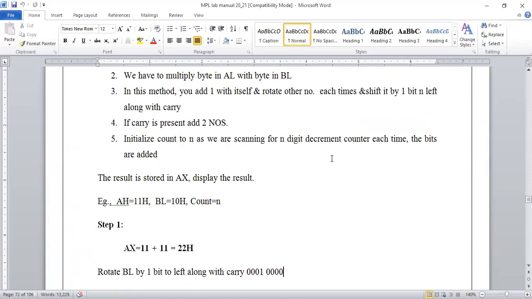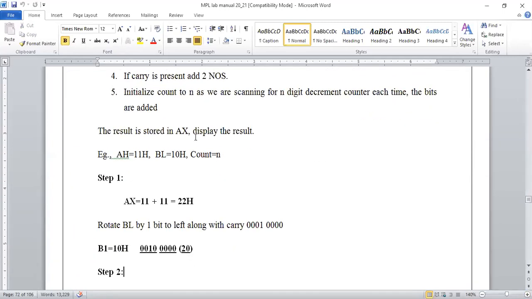So the input that you are going to get is with the help of two registers, and one is with the count. So count, what will it be required for? As in the successive additions, we are performing it for as many times as the second operand is there. That many times it is doing the addition.